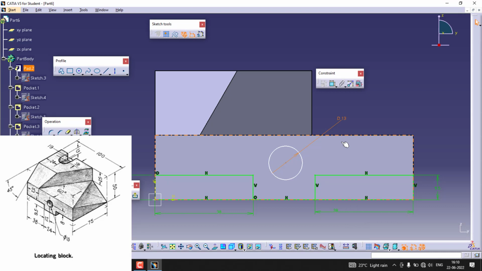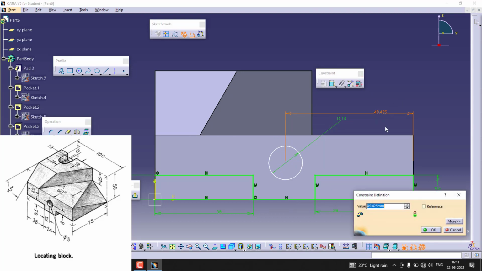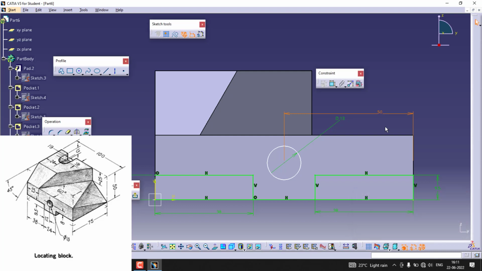So this is from here to here, 100 minus 50. It's 50. And in the bottom,